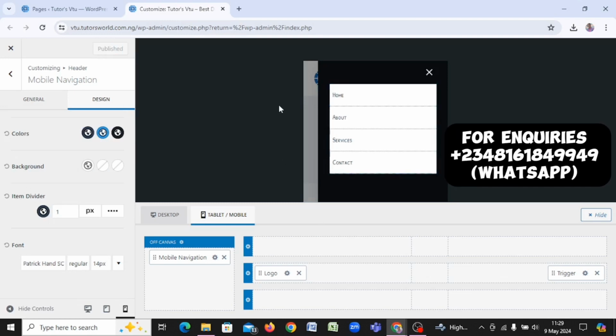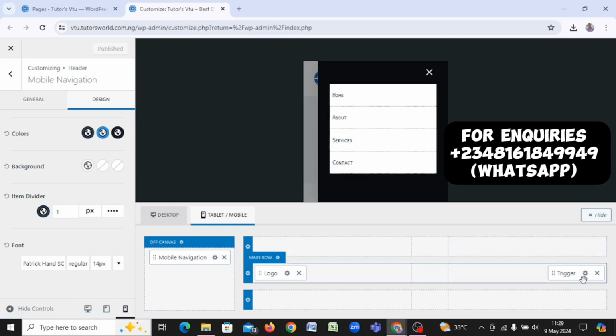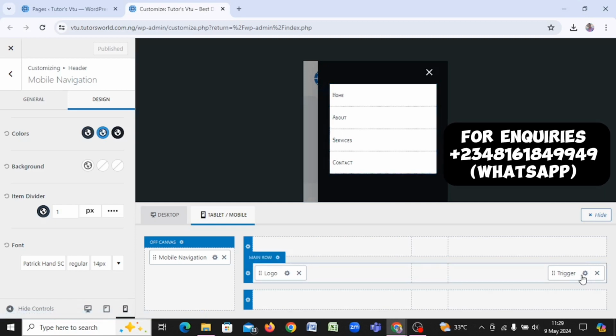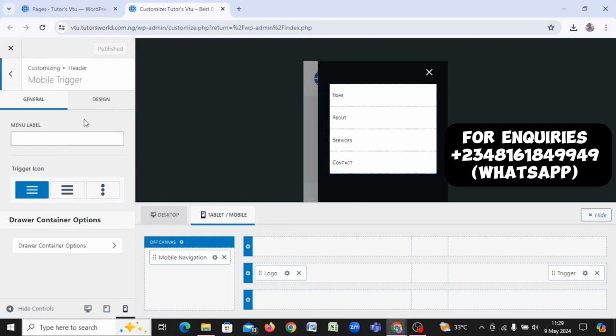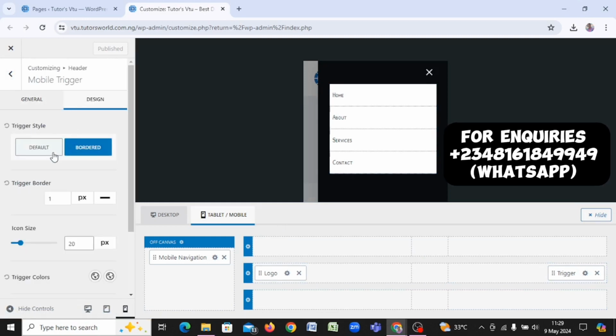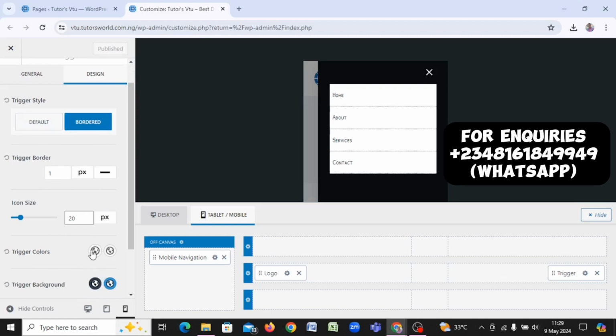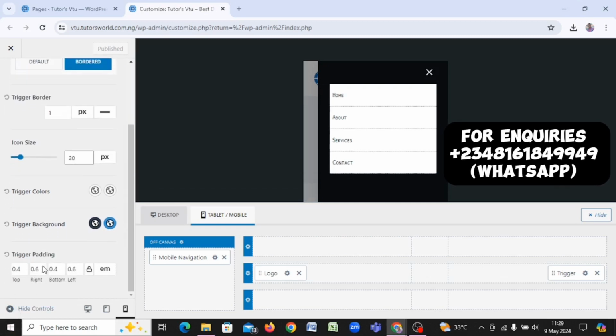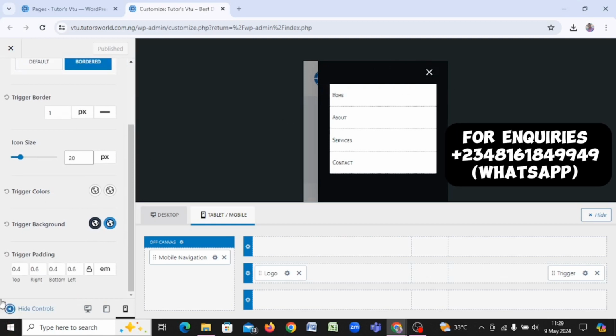Then after that, what else do I want? Now I want this whole background also to be white, so that it will match with the background I have here. So I need to come back to trigger. Now remember, we are not on that trigger currently. I need to come back to trigger. So coming back to trigger, I'll come to design. Then let's look at the trigger color. Let me change the trigger color to, that's this X. Now let me check, let me confirm. Yes, the closing trigger, that should be